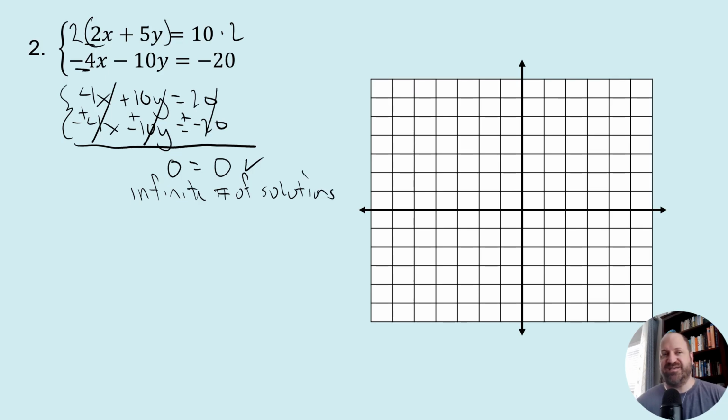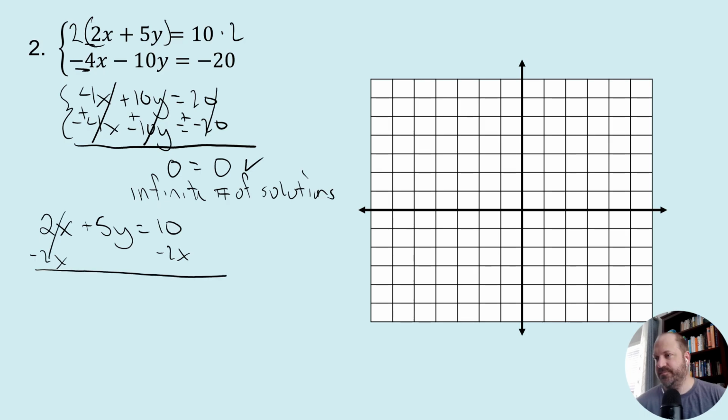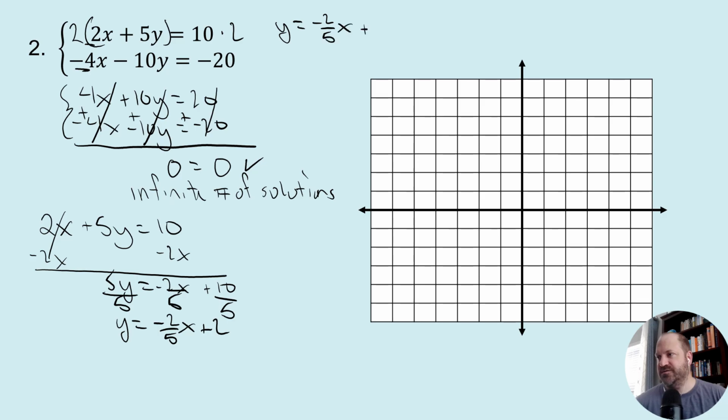So let's see what that looks like on the coordinate plane. Let's graph these equations. I'll start with 2x plus 5y equals 10. Let's write this in slope-intercept form. So I'm going to subtract the 2x. 5y equals negative 2x plus 10, divide by 5, 5, and 5. So we get y equals negative 2 over 5 x plus 2. So this top equation is y equals negative 2 over 5 x plus 2. And this bottom equation,